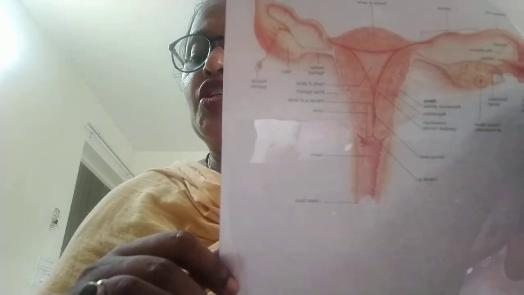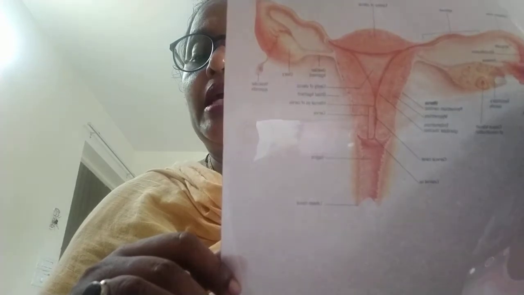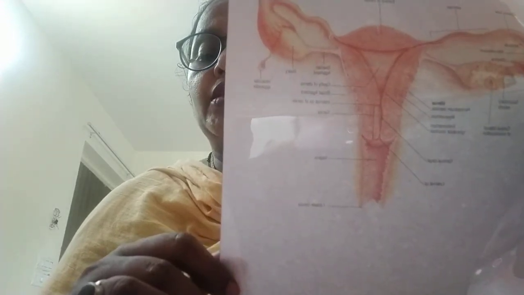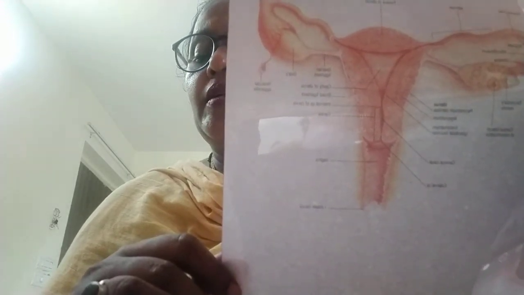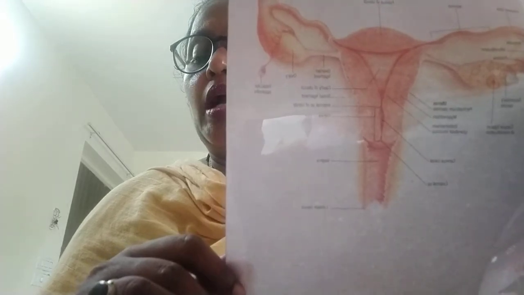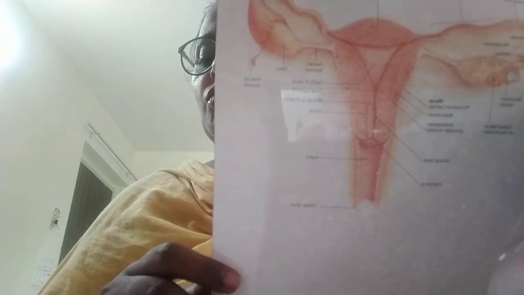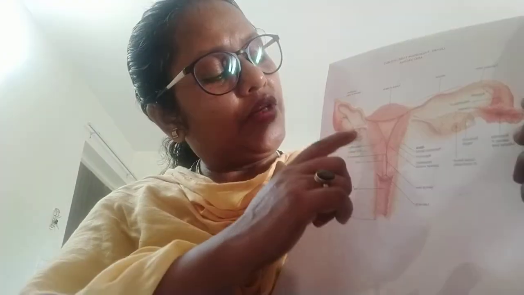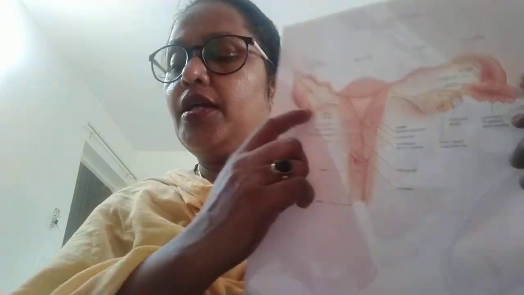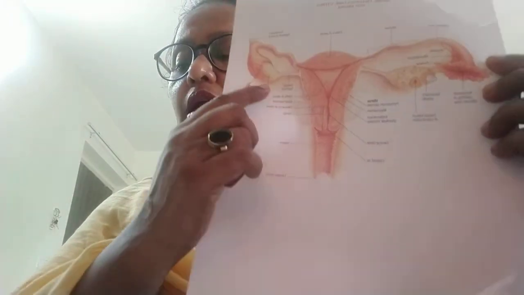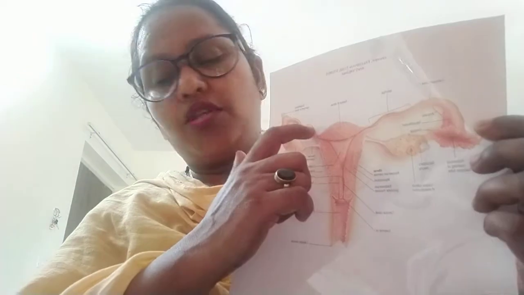The uterine opening, measuring less than 1 cm in diameter, communicates with the lateral angle of the uterine cavity, and the pelvic opening, the abdominal ostium, measuring 3 mm in diameter, lies in the peritoneal cavity close to the ovary. The peritoneal cavity is here, close to the ovary. This was the pelvic opening, and the uterine opening is near the uterus.